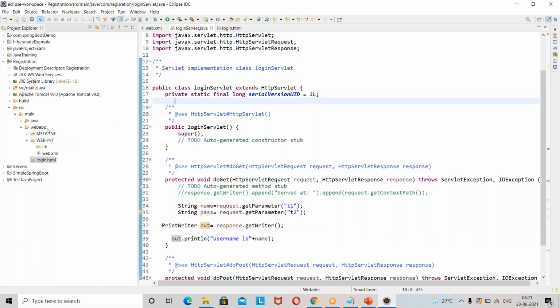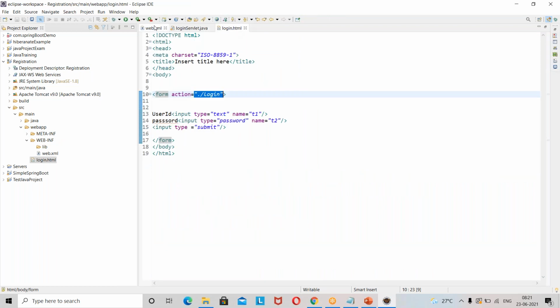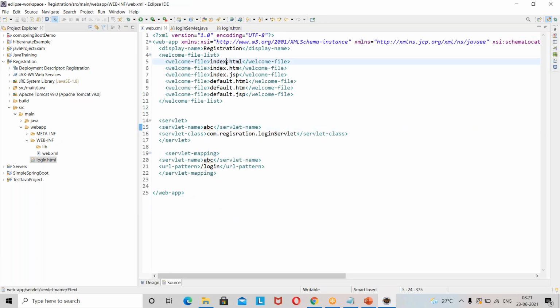Now you just start this in a container. So how will I start it? Whenever I want to start, I want the welcome page login to come. So for that I'll give your welcome file as login, so whenever you start, your page comes with login.html. Not sure, when I change something in HTML, it is taking a lot of time.